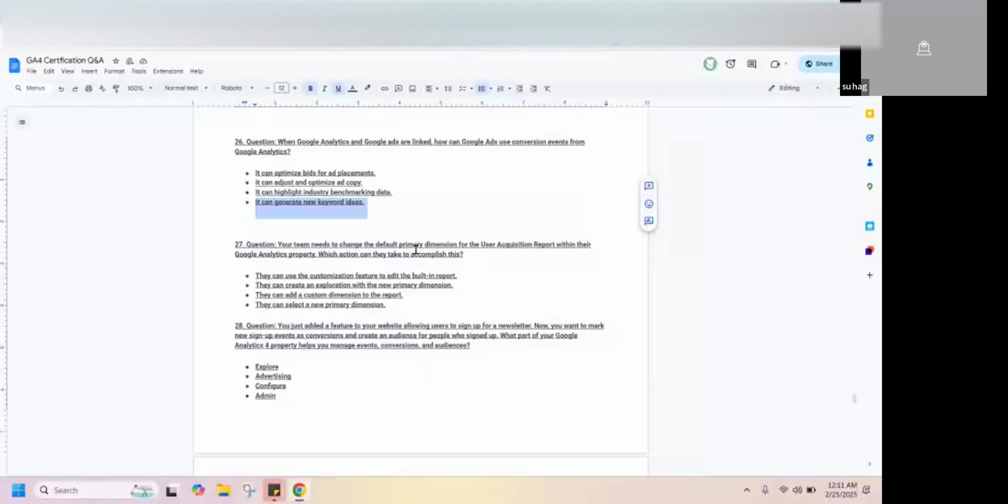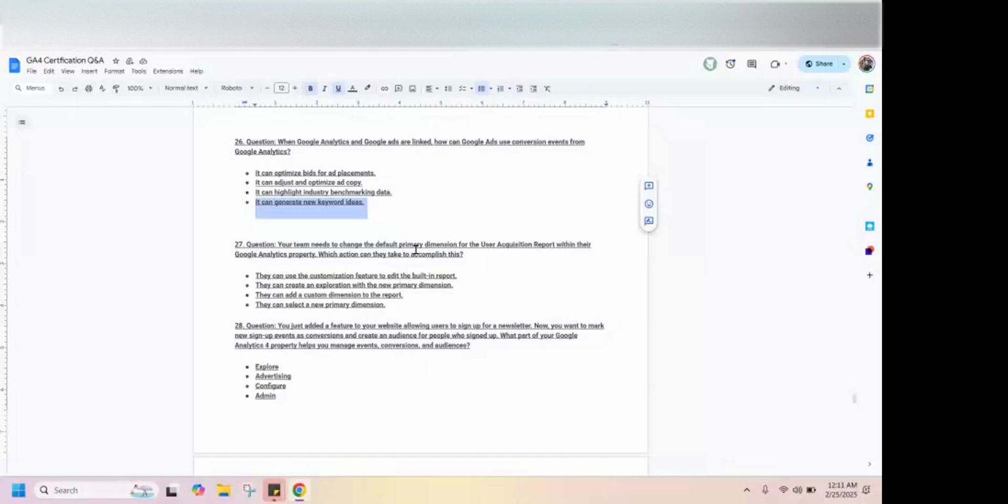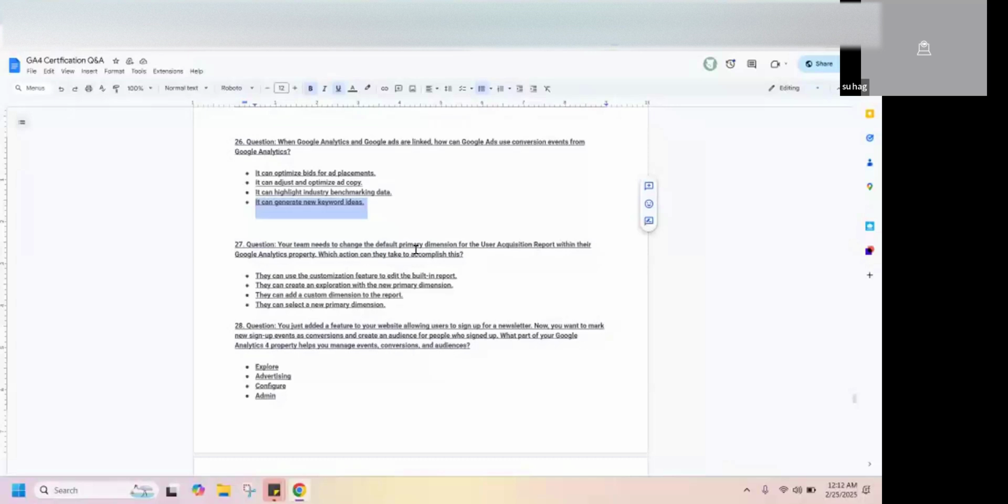The bidding strategy is how Google will spend your money for each conversion, how it will show your ads. Bidding is a procedure for how Google Ads will spend your money in terms of location, audience. Lots of things are related to this bidding strategy.